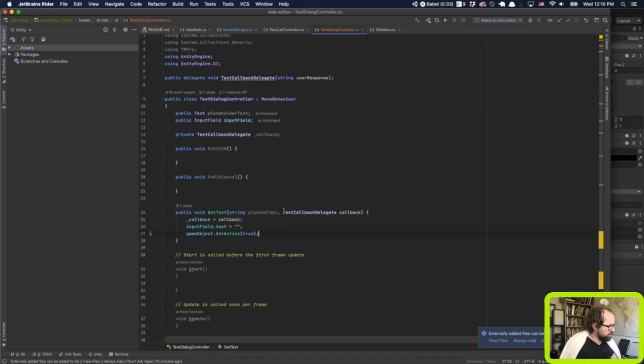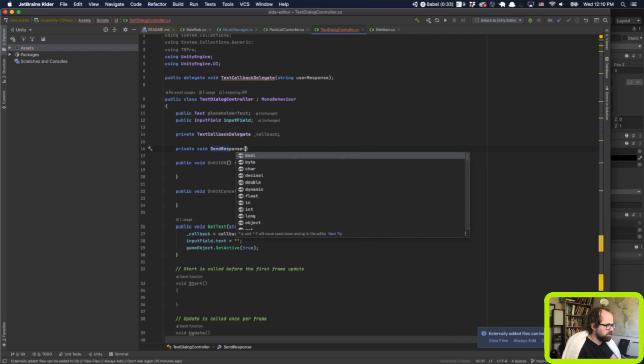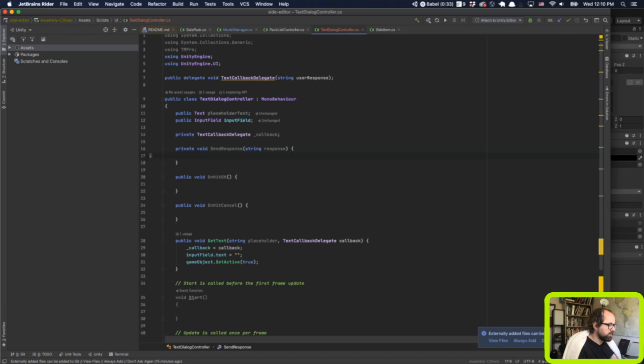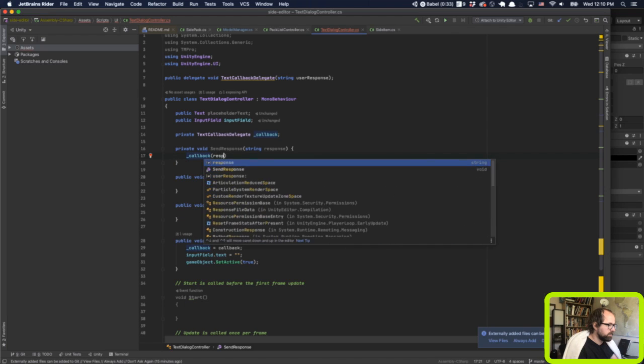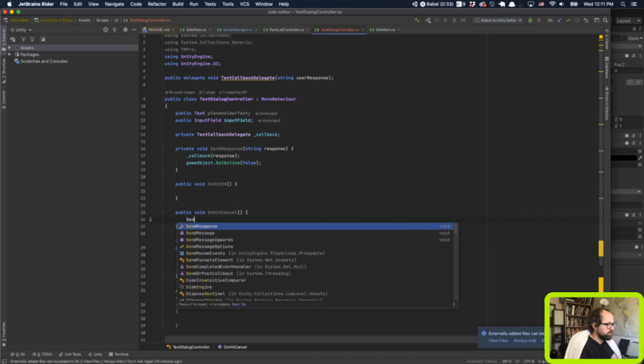All right. So I'm going to do one more private method that I can use to standardize both of these. I'm going to say private void send response, string response. Okay, like that. And what this is going to do is it's going to say callback response and then game object set active false. So it's going to return the response and set active false. So here's what we're going to do. Send response